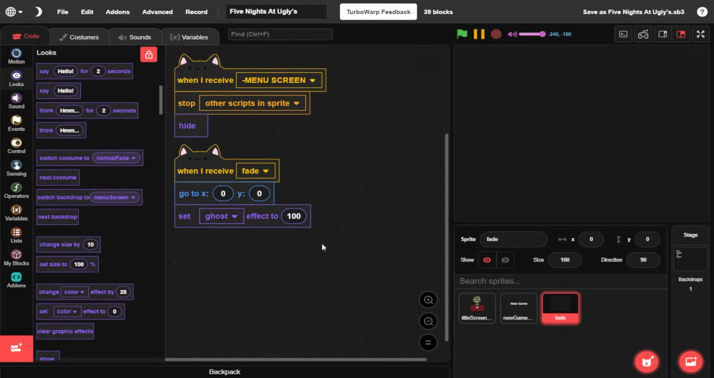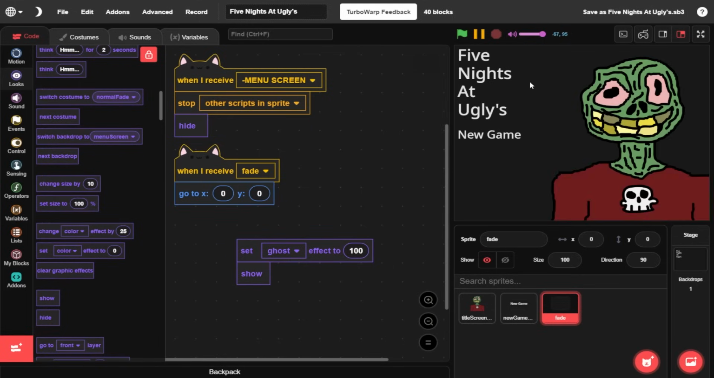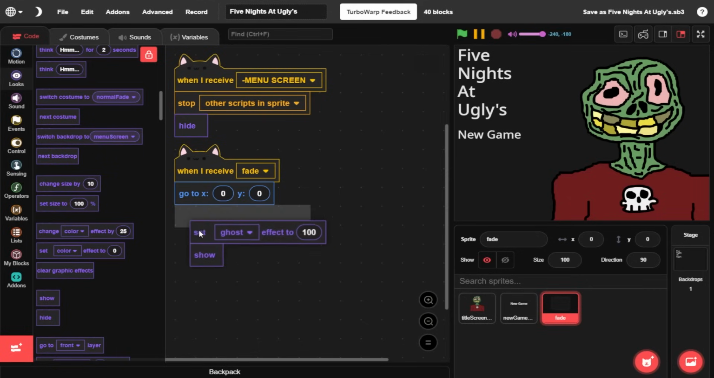Ghost effect 100 is basically the exact same thing as using a hide block, except you can change how much it's hidden. Think of it like an opacity slider to be able to make the sprite see-through. So we set the ghost effect to 100. Then, and only then, once it's hidden, can we show it. If you run this, you won't even be able to see the fade, and that's exactly what we